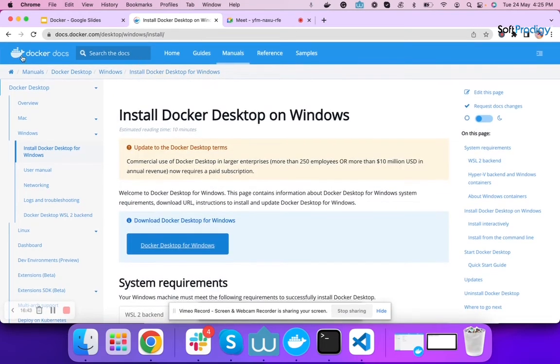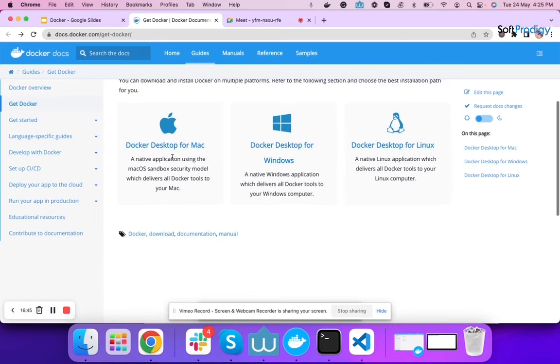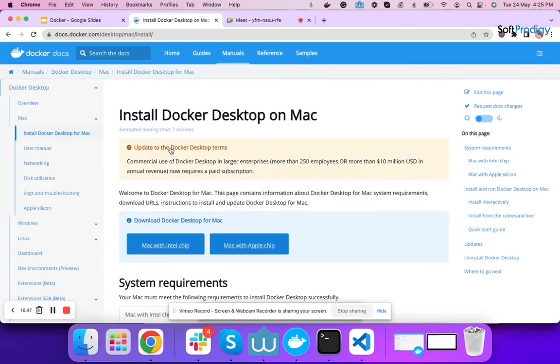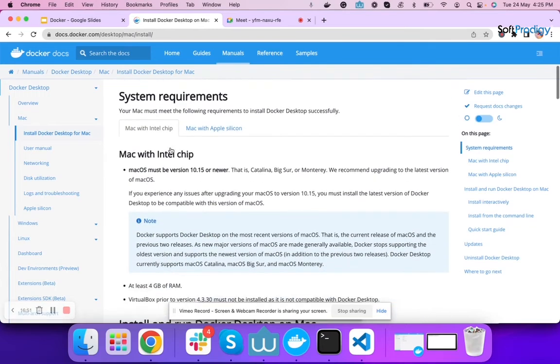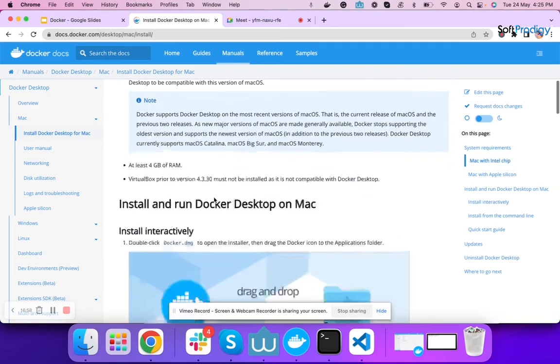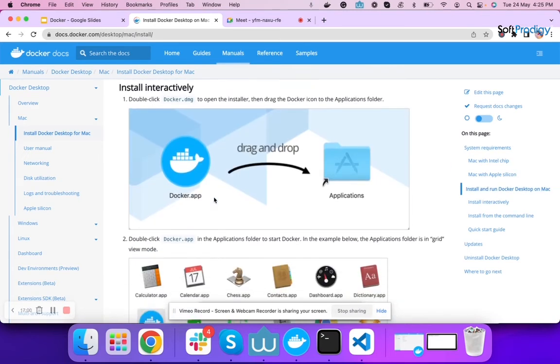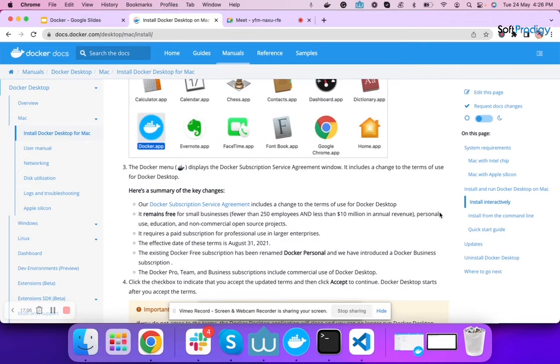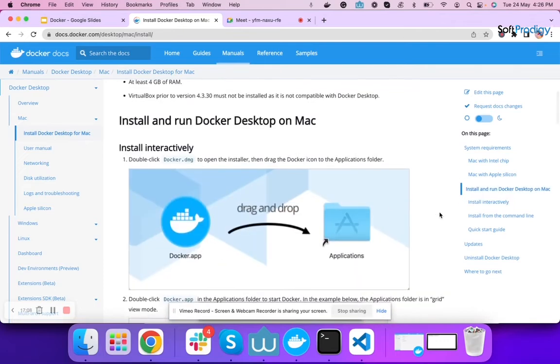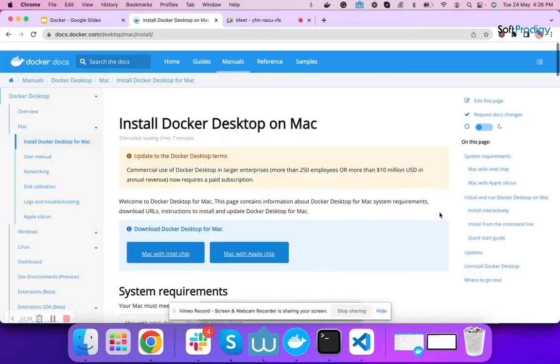And for the Mac users, you don't need to keep much in mind. We just have to check the version of Mac OS, then download the DMG file directly from Docker, move that to your Applications, and then you can start using the Docker application.